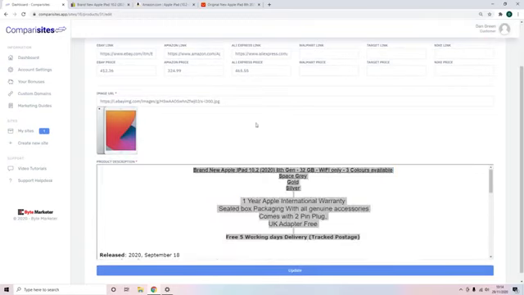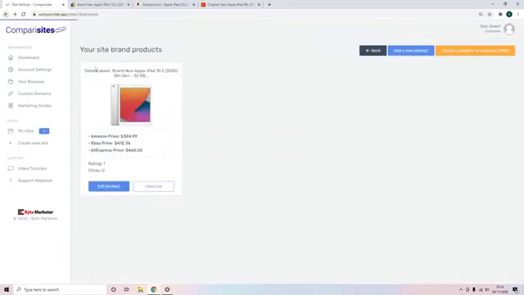This is all fully editable. We've got full control. And you can then repeat the process to add as many products as you want. And your site can be filled with unlimited products, and you can be about anything you want. So I've chosen mine to be all about the Apple brand, but you don't just have to stick to one